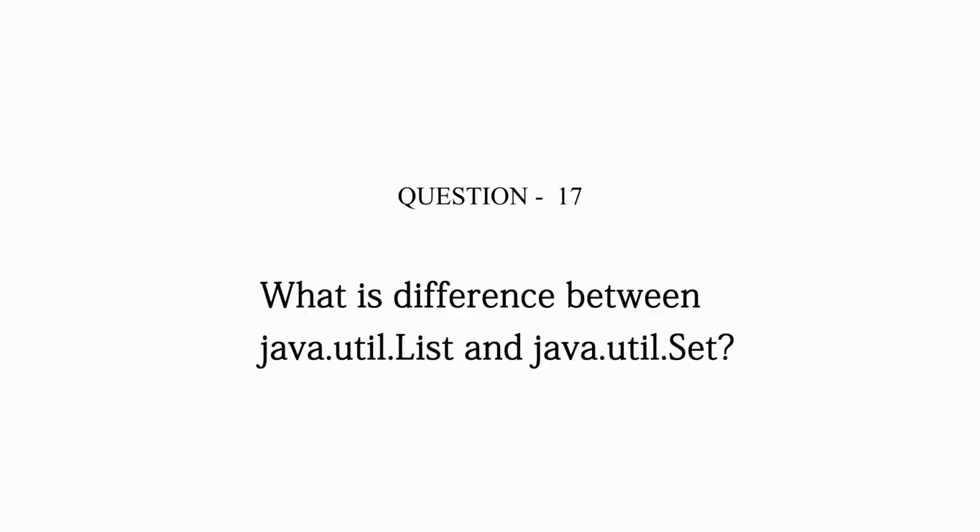What is the difference between java.util.List and java.util.Set? The difference is that these are two different interfaces in Java and they are used for two separate data structures. Both the interfaces contain a different list of methods which are implemented in a very different way in the classes. That is generally the difference between list and set. Both are interfaces and they are used in different ways once they are implemented by other classes, for example HashSet, ArrayList, like that.